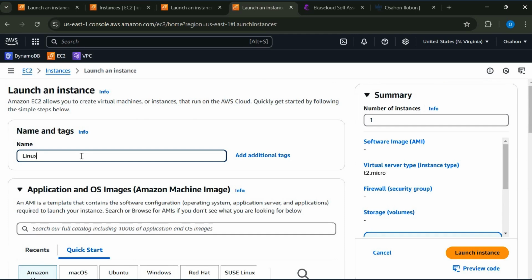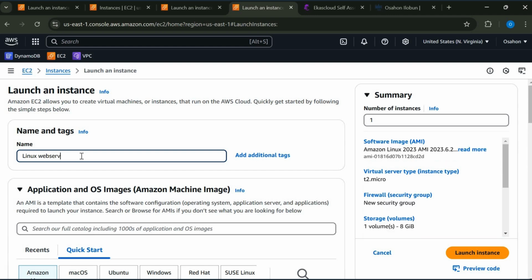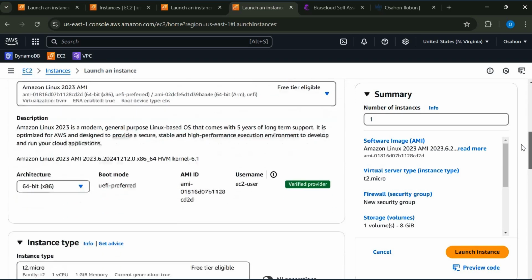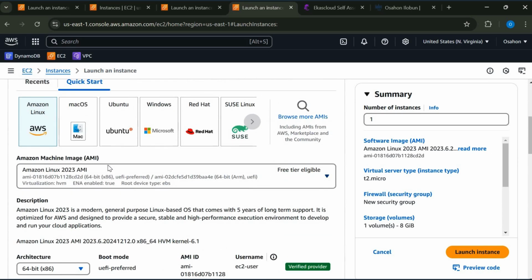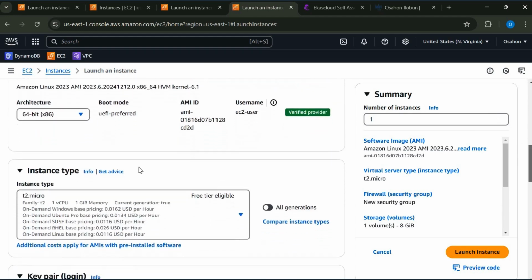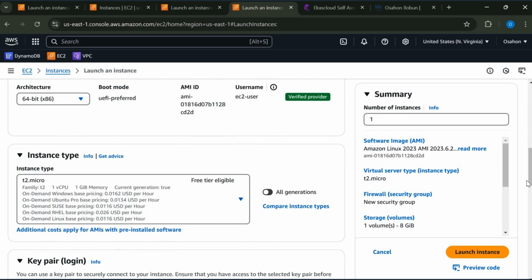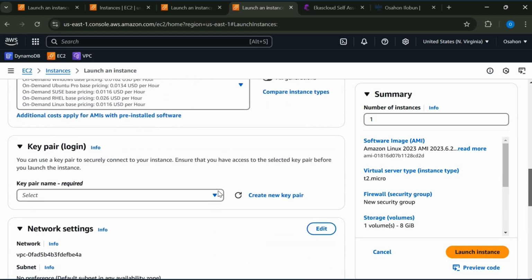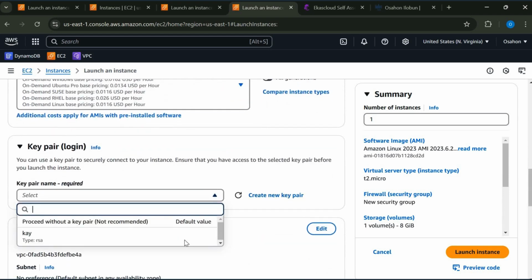I'll give it a name, because we are creating a web server, so that is the name I'm tagging this particular website. So I'm going to leave the AMI as default, leave the instance type as default, T2 micro. I'm going to select my key,